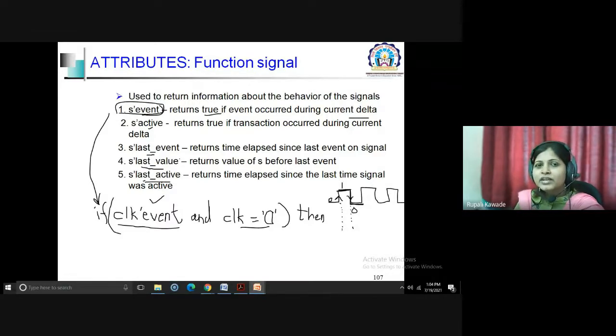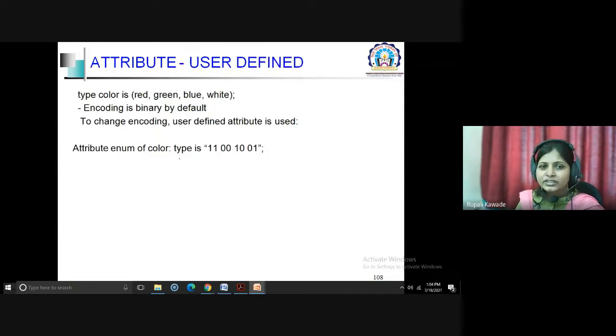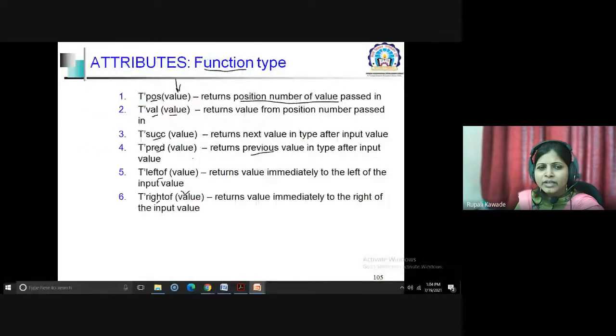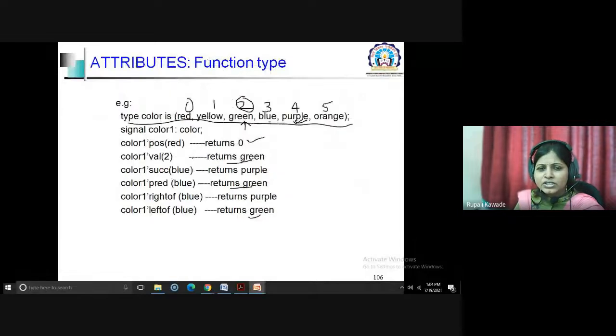So with this you can get information about the occurrences of the events. Again, there are many subtypes. We have seen a very few of them, at least those which will be used in our codes to get the information about the data.